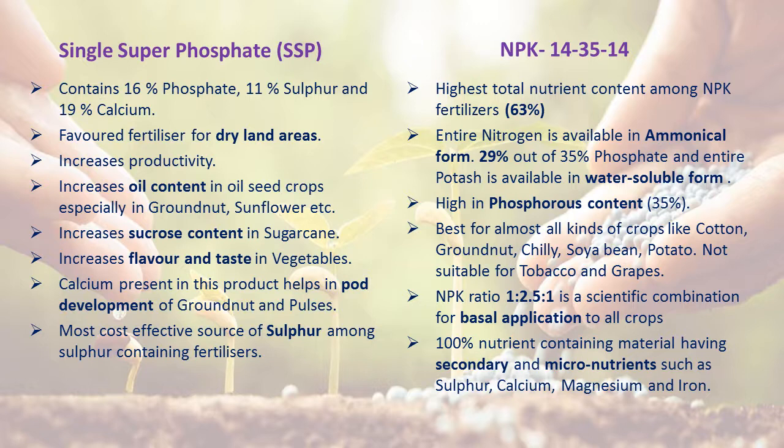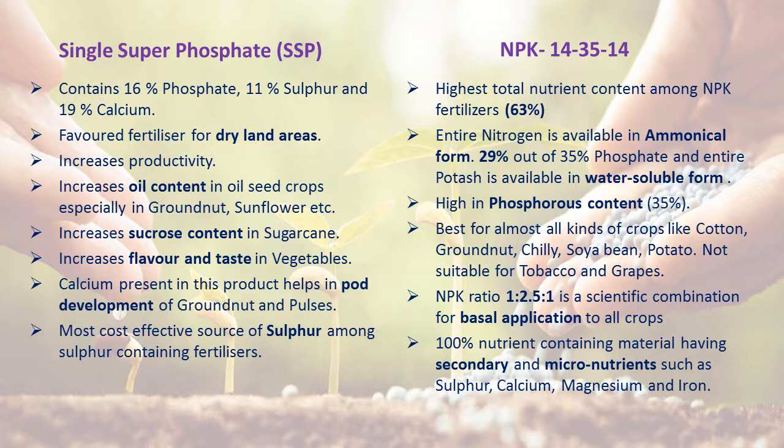Then next is the NPK 14-35-14. It is mostly used in South India, in our country. If we add together the NPK, it contains the highest total nutrient content, 63%. Among the 14% of nitrogen, the entire nitrogen is in ammoniacal form, and of the 35% of phosphorus, 29% is